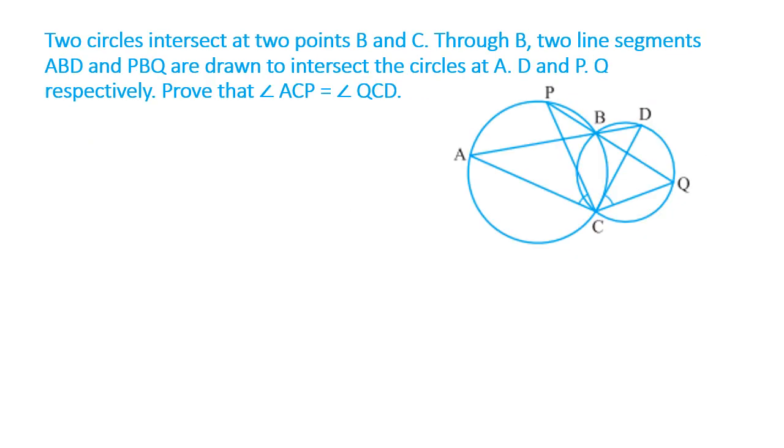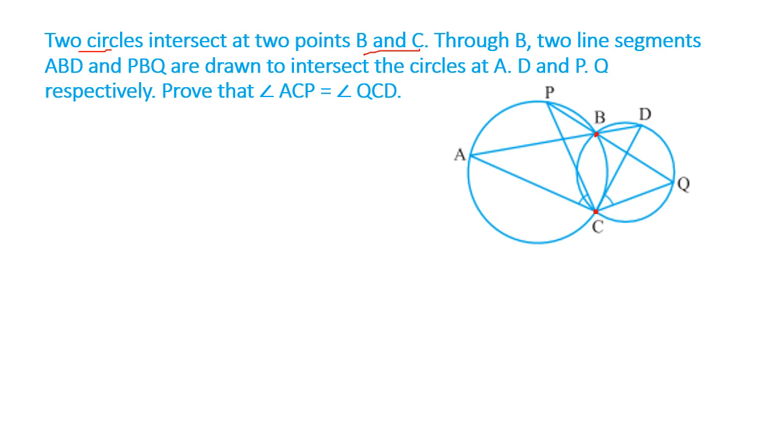Okay. Now look at this question. Looks very difficult, yes? The diagram is slightly complex, but let us see what the diagram is given to us and what is the actual sum. We have two circles. You can see the two circles which intersect at point B and C. So the two circles are intersecting at point B and C.